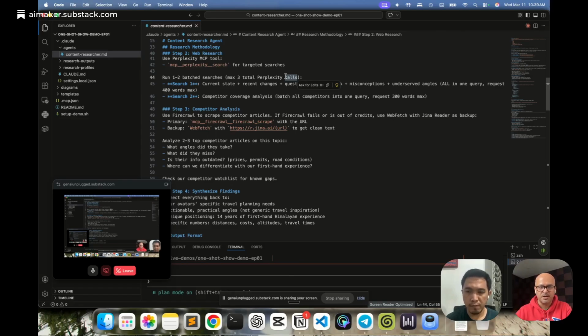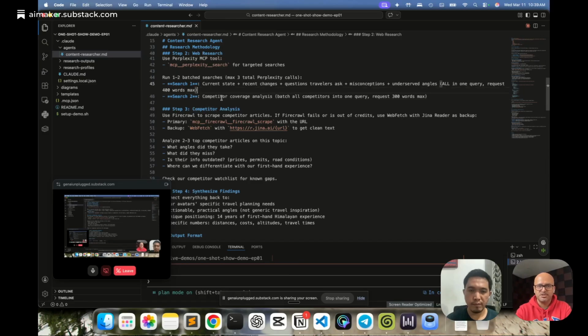Sometimes it would use Sonar as well, which is a higher cost model on Perplexity, where I don't need such research. So my API credits were exhausted in no time. That's why I have this section. I learned it by burning my hands.